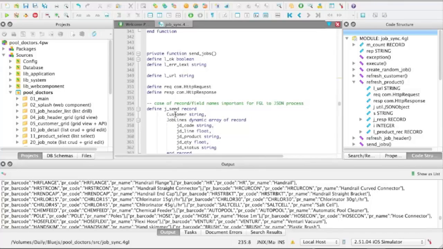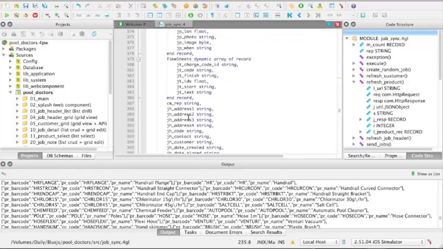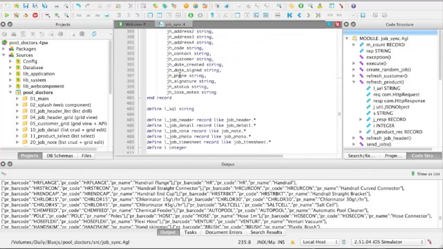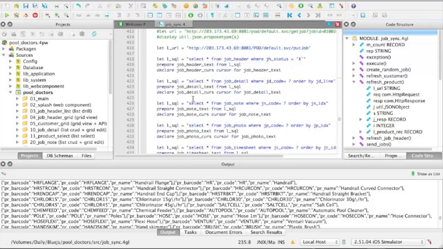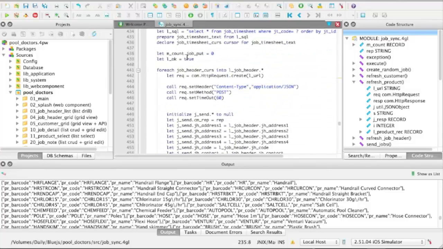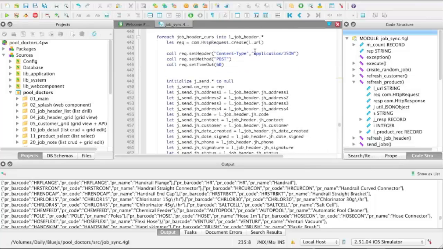The one that's different is going the other way, where we're sending the jobs from the device back up to our servers. So I've got a nice complex record. So for our job customer, all our job lines, our notes, our photos, our timesheets, all the information on the header. Selecting the detail, so I set up a number of cursors to select the detail. And then I basically iterate through each of the jobs that have been completed and do a big post back